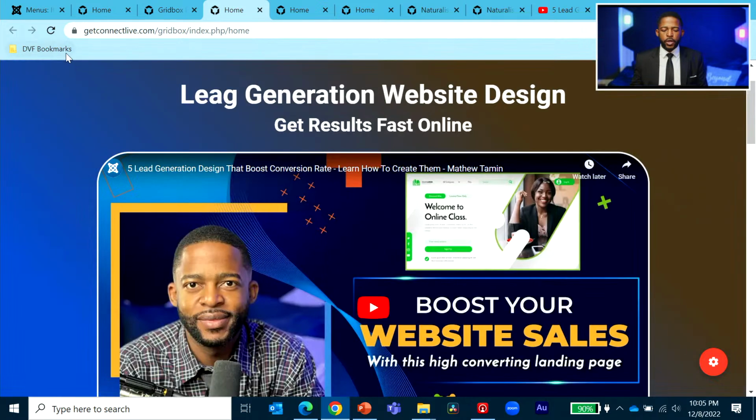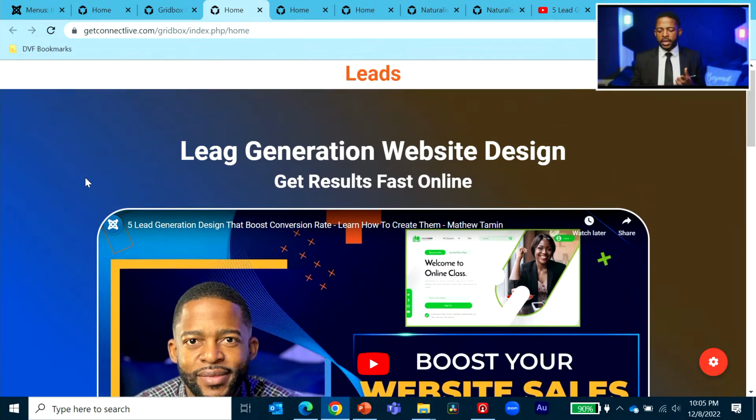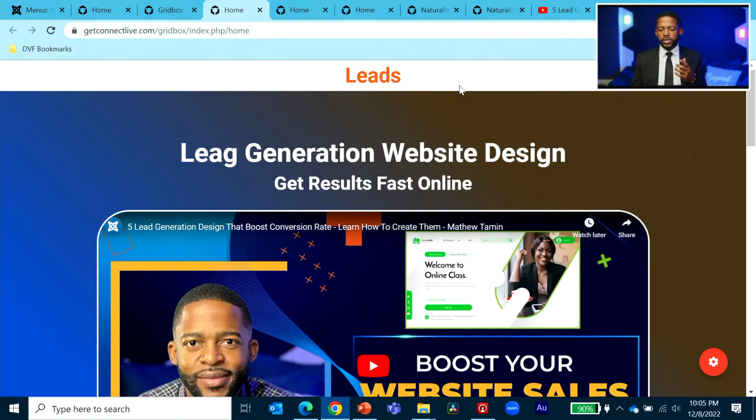Again, this is where we are. It's very simple, which is the goal. I don't want to make it so complicated and get you confused. You can change the colors, you can change the background, you can change the text, and you can add multiple videos if you want to. So before we do that,